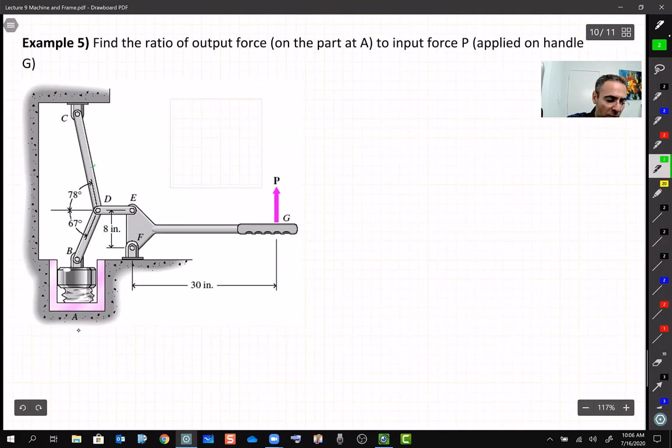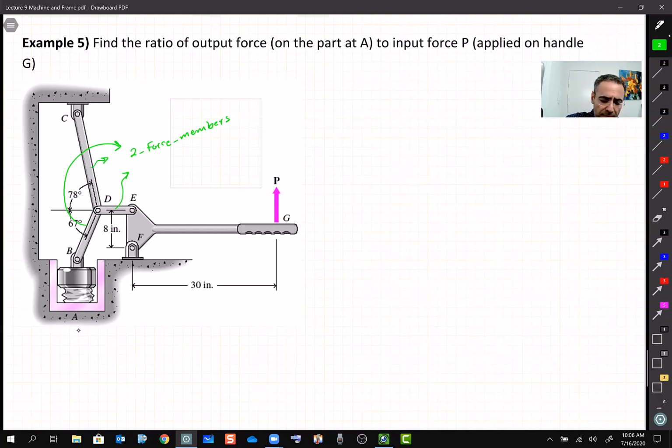Remember, this is a two-force member. This one is a two-force member. This one also is a two-force member. Two-force members. So that's one thing you need to know. And then this